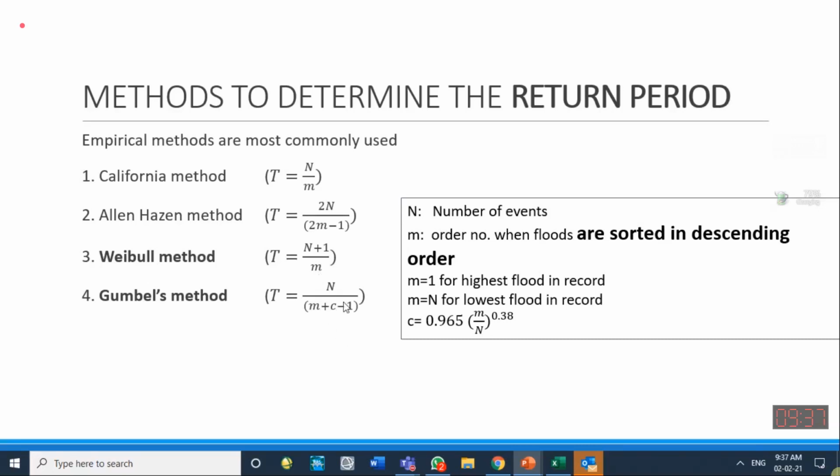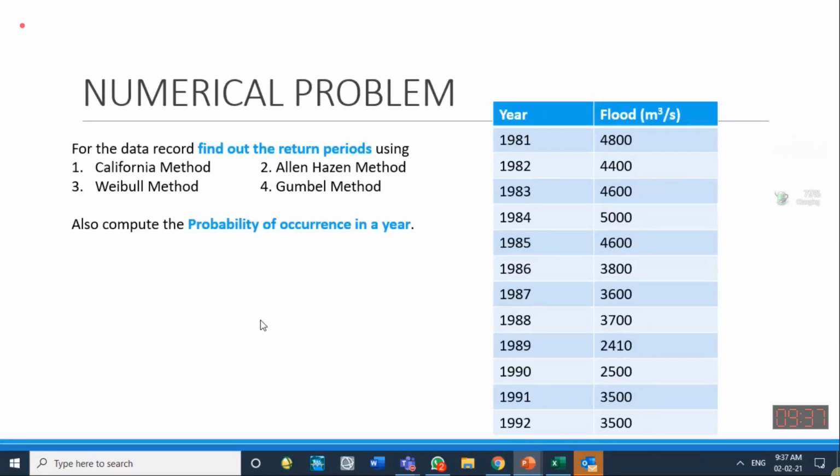Gumbel has given n divided by m plus c minus 1, where c is another coefficient, 0.965 times m over n to the power 0.38. So the most commonly used methods are these two, the Weibull method and the Gumbel method, with which we can calculate the return period of a certain event, and from there we can calculate the probability of occurrence of a certain event. So if this kind of data is with you, which you will be getting from